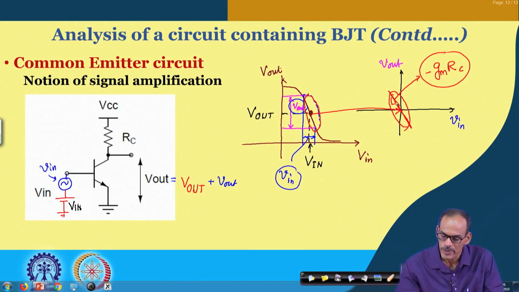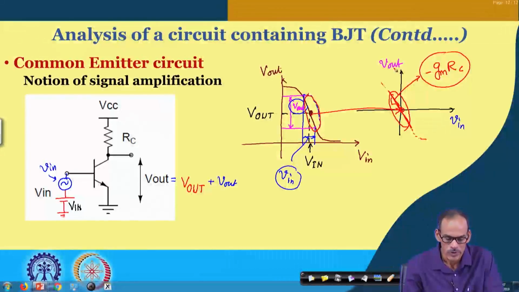Of course, if you go beyond this, then there will be a nonlinear part which we are not interested in. If we ensure this Q point always aligns with the origin of this small v in to small v out transfer characteristic, then the analysis of the circuit will be much